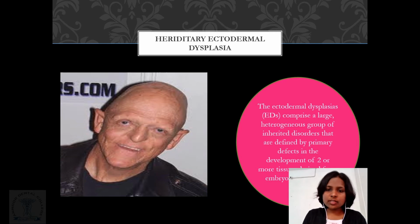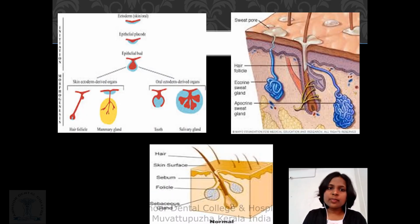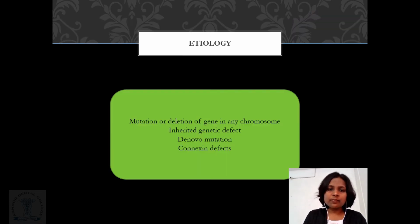Coming to hereditary ectodermal dysplasia, the ectodermal dysplasias comprise a large heterogeneous group of inherited disorders that are defined by a primary defect in the development of two or more tissues from the embryological derivatives of ectoderm. It could be the skin, the hair follicle, the tooth, or the salivary glands. The various etiologies include mutation or deletion of the gene in any chromosome, inherited genetic defect, de